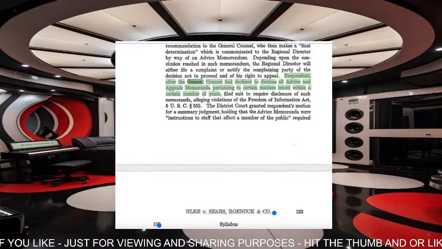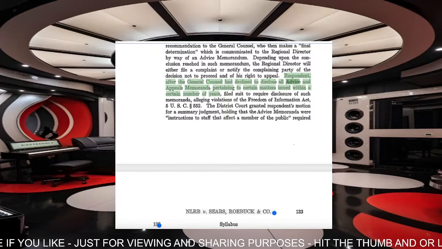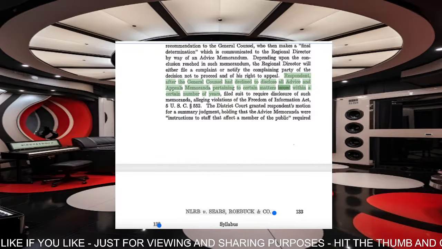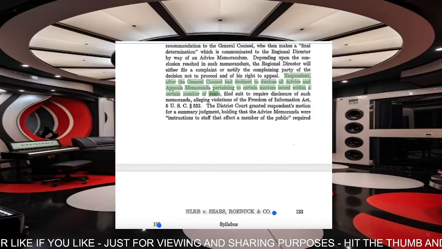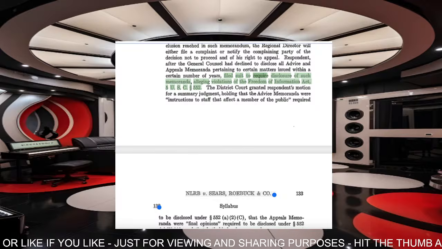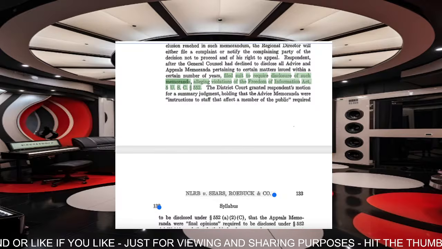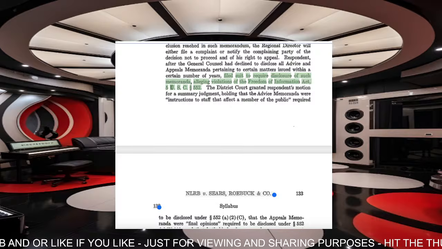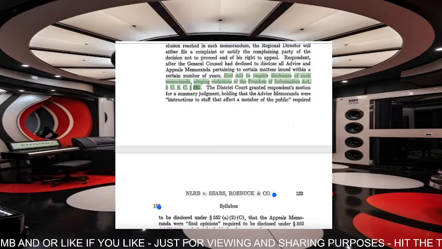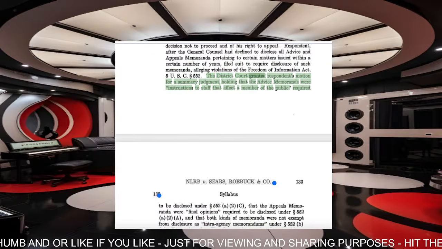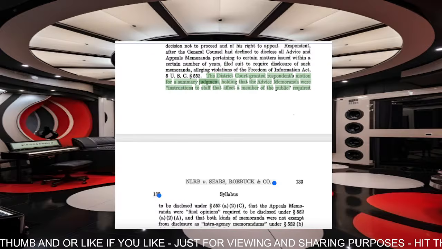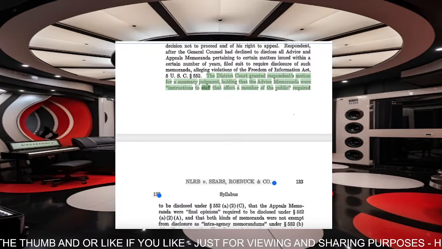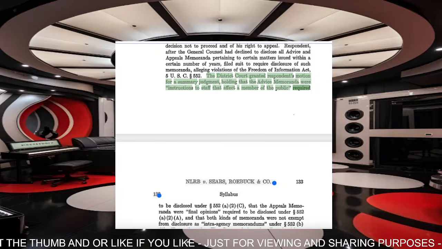Respondent, after the General Counsel had declined to disclose all advice and appeals memoranda pertaining to certain matters issued within a certain number of years, filed suit to require disclosure of such memoranda, alleging violations of the Freedom of Information Act, 5 U.S.C. 552. The District Court granted respondent's motion for a summary judgment, holding that the advice memoranda were instructions to staff that affect a member of the public